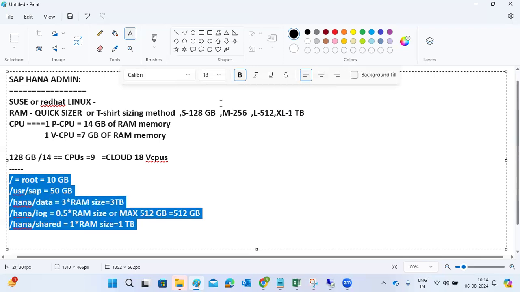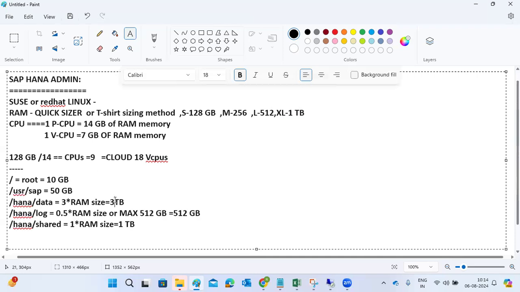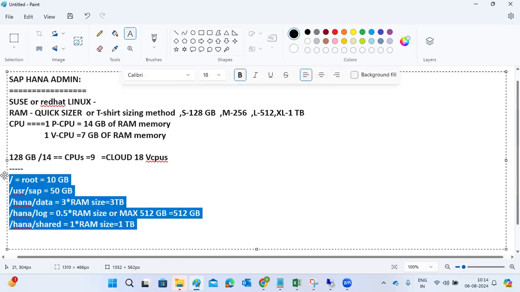Suppose your RAM size is 1 terabyte, then 3 terabyte, 1, 4 terabyte, 4.5, then 4.560 plus here 72, 4.572 GB we required for the space, which means 4 TB you require. If you have 1 terabyte of RAM, you require 4 TB of storage space for your